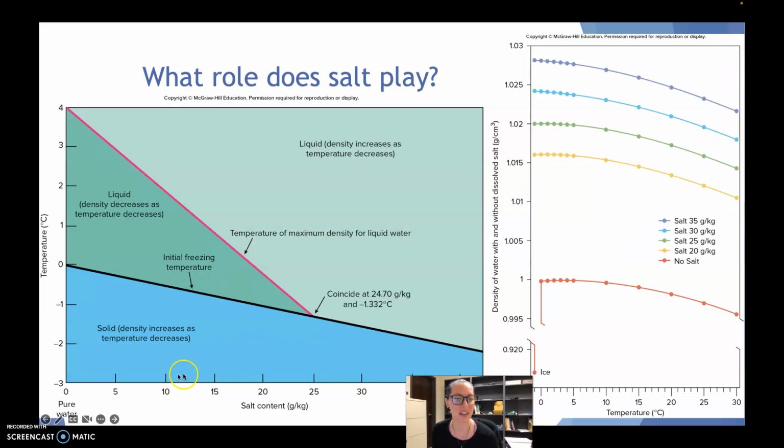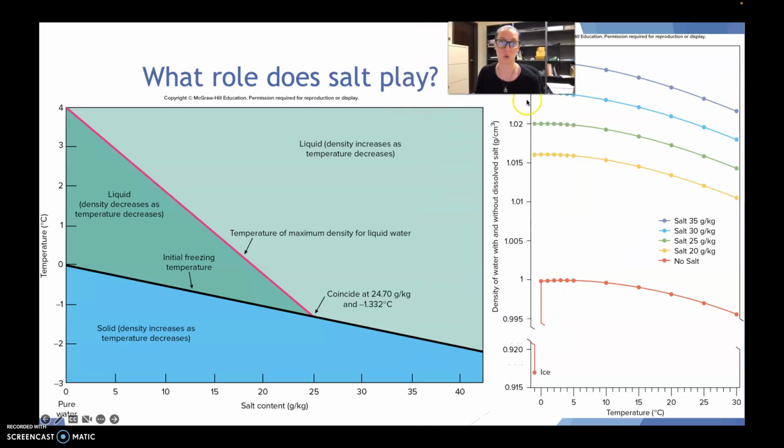So what we're looking at on the x-axis, we'll start over here on the right actually. The x-axis is temperature and the y-axis is density, and the different color lines here indicate more or less salt. So purple is the most salt and red is no salt. And just notice here what salt does. So the saltier the water, the more dense the water is. So the saltier the water, 35 grams per kilogram, the more dense it is. Still gets less dense with a higher temperature, but temperature and salt play a huge role here. And that's what this is trying to show here as well.